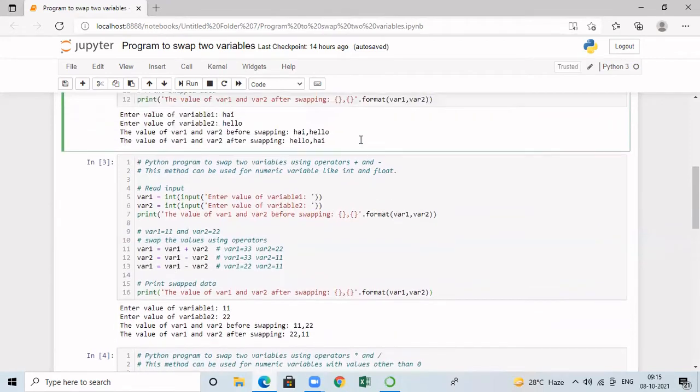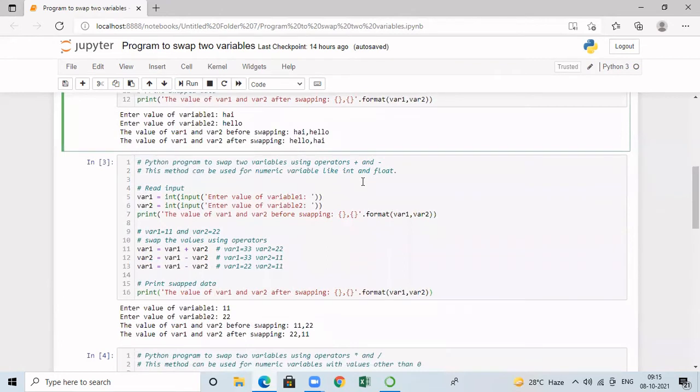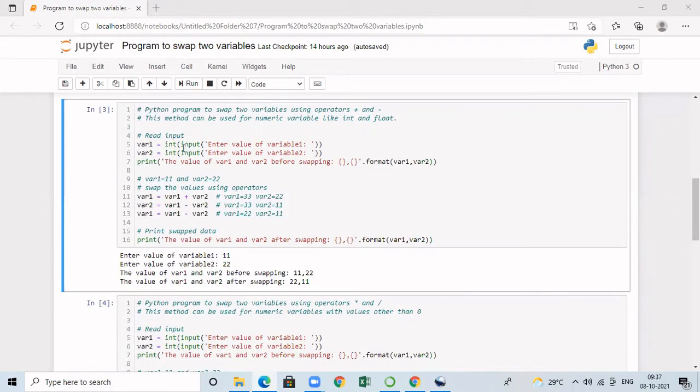In the previous methods, we have even swapped strings. That is not possible in this method because we are going to make use of operators. Operators have meaning when they work on numbers. First, I am reading the input with the help of the input statement. In the case of the input statement, whatever we enter